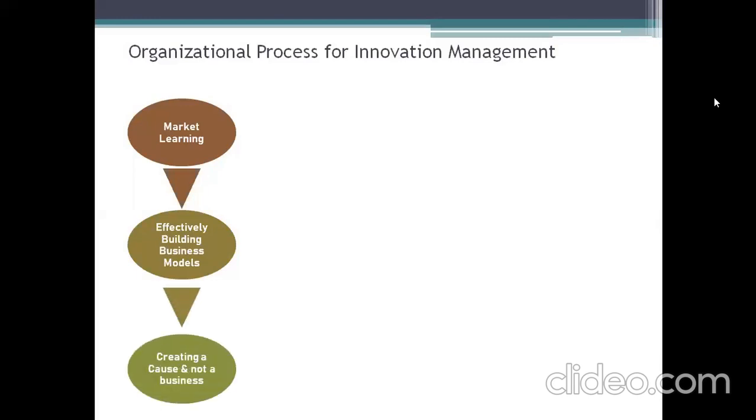Then, by having innovation within the firm, we need to create a cause, not a business. Creating a business was an old school thought: we need to create the product and sell it, and that's how we will have a margin. No, you need to create a cause so that your product can be adaptable, and people understand that without buying your product and services, they will face problems, and you are bringing the best solution to that. So we need to create the cause.